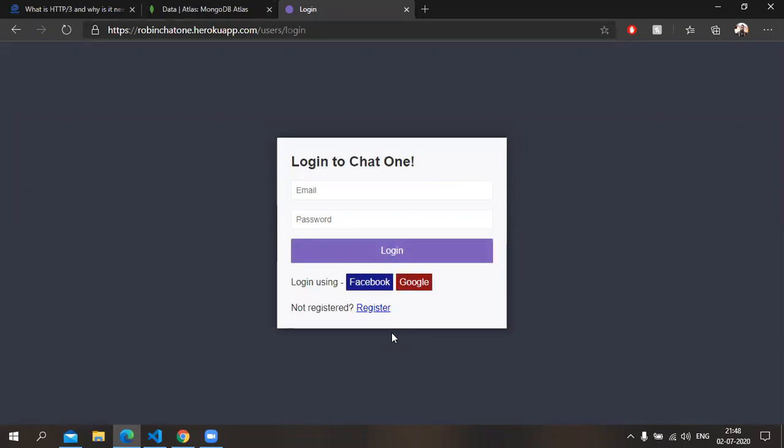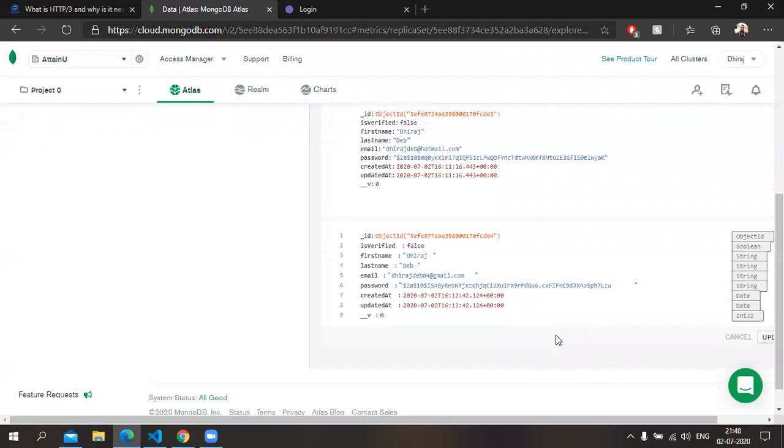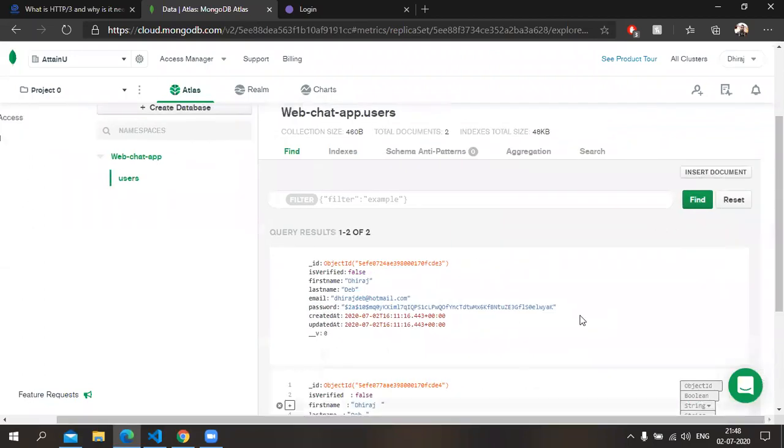So as you can see, we have also added two features. Login. If the user wants, he can join with Facebook and Google also. So the Google ID which I have used is the same that I have used here, I guess.